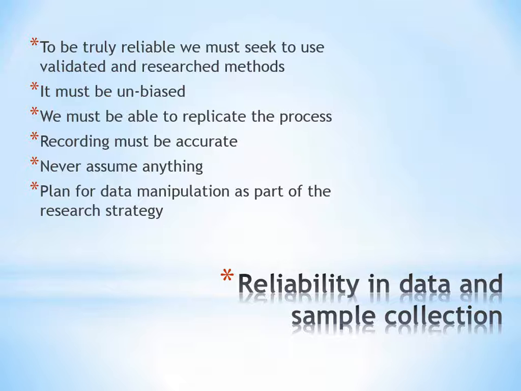Plan for data manipulation as part of the research strategy. So if we think that we're going to have a population where we may need to transform the data to get a really normal distribution, plan for it at the start, because then you don't look like you're cheating. If you go back and you transform it at the end and go, oh, we transformed it to make it look nice, it's kind of biasing your perceived outcome, because you've already looked at the data and then you've already biased it by saying, hey, I think it's going to look better if I do that. So already plan for it. Say in your program you might need to do a log transform or a square root transform or a regression